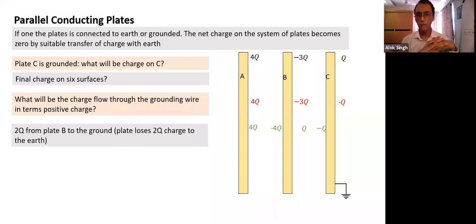So this is all about parallel plates. We have taken charge distribution. What happens when plates are connected by wire, we understood. What happens if a plate is grounded, we understood in terms of charge distribution. And we can also find out the potential of a plate. If any of the plates is grounded, we can find out the potential of the other plates as well, because the grounded plate has a potential of 0. With respect to that, we can calculate the potential of other plates.